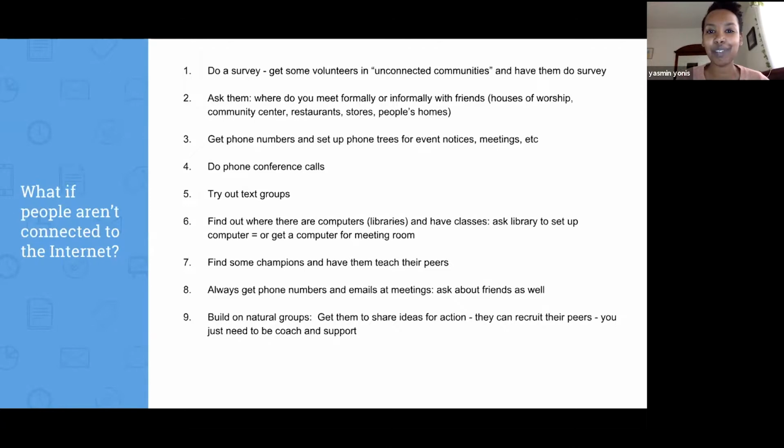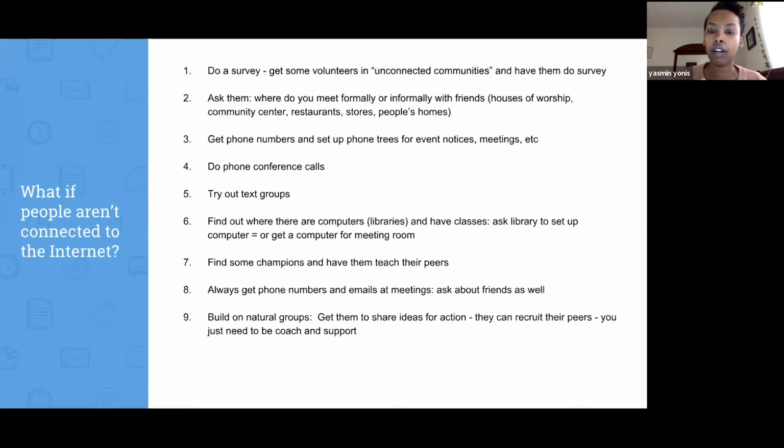I actually think that these things I'm talking about are really great ways to also find people who are diverse. For some of your councils, you may want to be more diverse racially, ethnically, in income level, age, education, and also occupation. And so really, where are people meeting? It could be in people's homes, houses of worship, community centers. A lot of immigrant communities